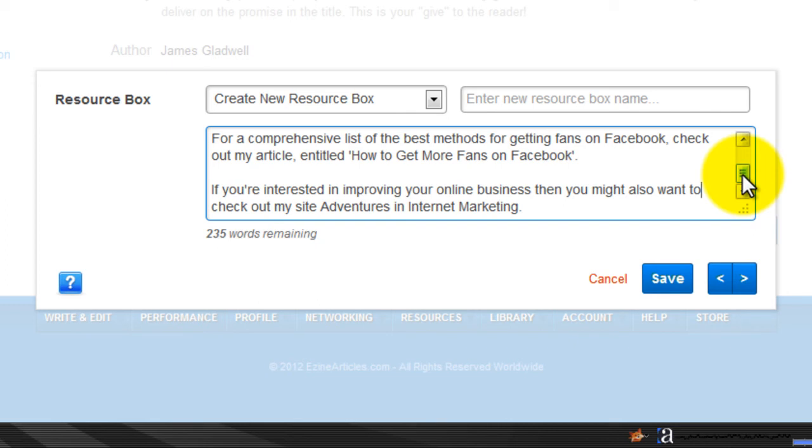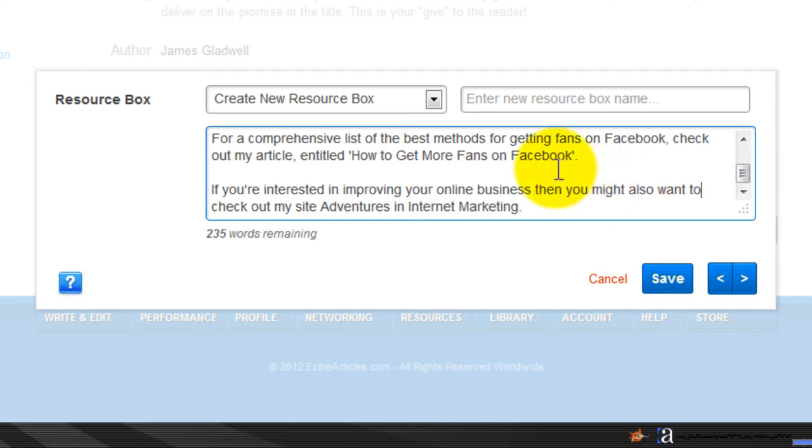When you're writing a link or writing a resource box, make sure that you actually create the resource box and that you don't link to the same place twice with the same keywords, because Google doesn't look particularly kindly upon that. It would rather that you linked to two different places but on the same site, and so one of them could be a link to the home page, and one of them could be what's known as a deep